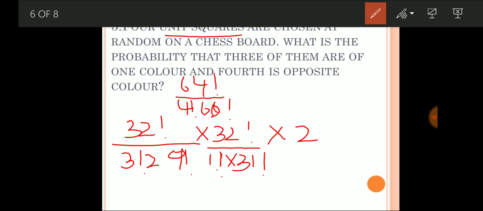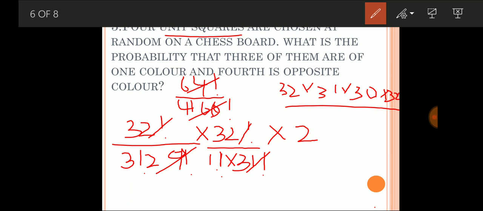Now we'll have to divide both of them, because we just have to cancel out things and get to the answer. So when we divide, our answer would be 32. Here also we'll divide this and get 32 into 31 into 30 into 32 here, because divided by 31 factorial we'll get 32 here. 32 divided by 64 into 63 into 62 into 61,